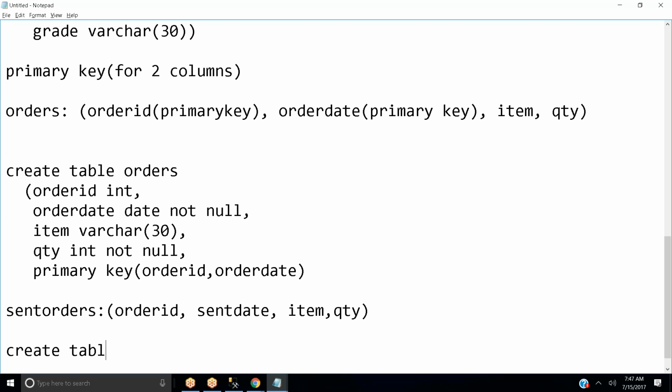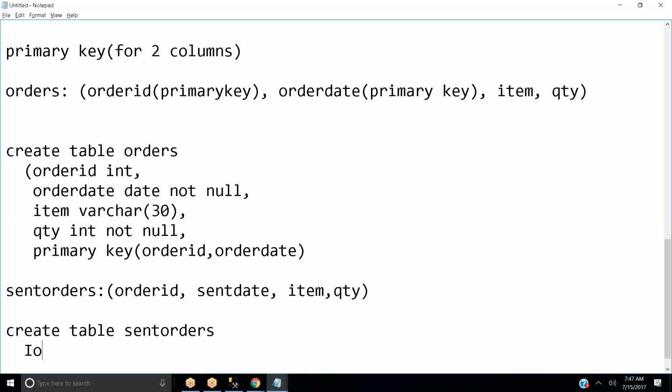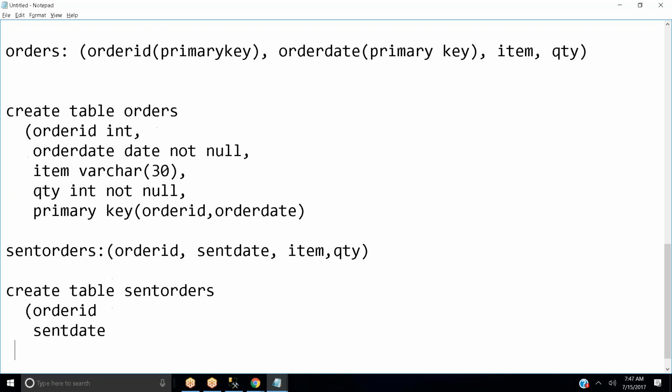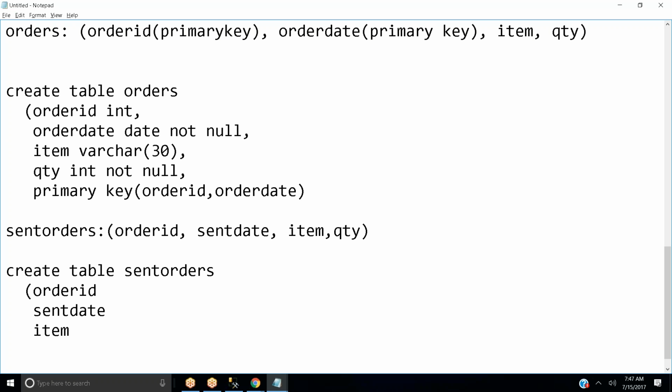Create table sent orders. What are the columns that are present? Order ID, sent date, item, then quantity.